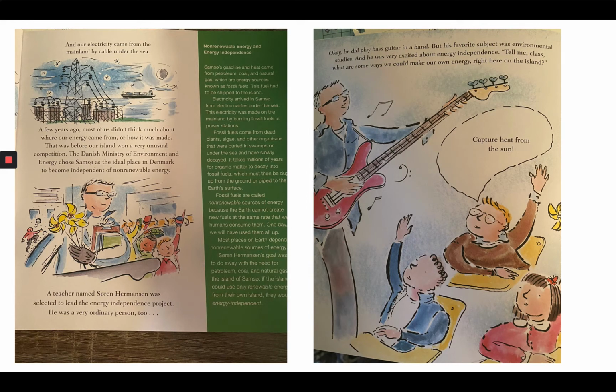They can harness their own energy. A teacher named Soren Hermansen was selected to lead the Energy Independence Project. He was a very ordinary person, too. Okay, he did play bass guitar in a band, but his favorite subject was environmental studies, and he was very excited about energy independence. Tell me, class, what are some ways we could make our own energy right here on